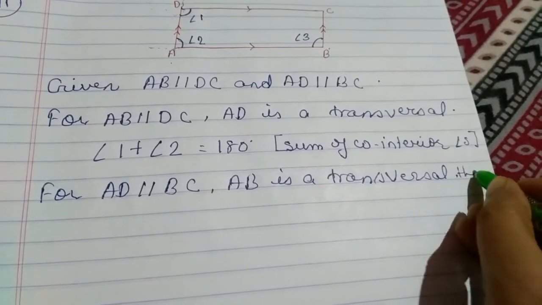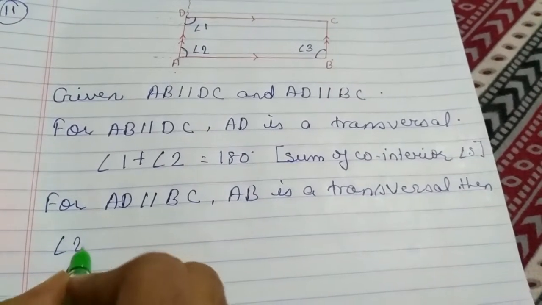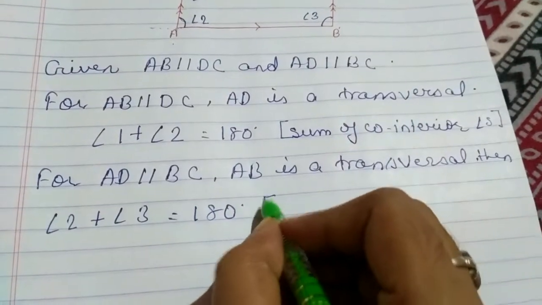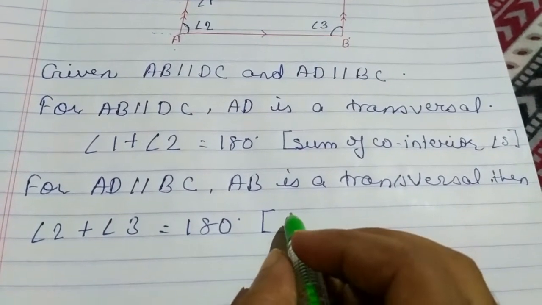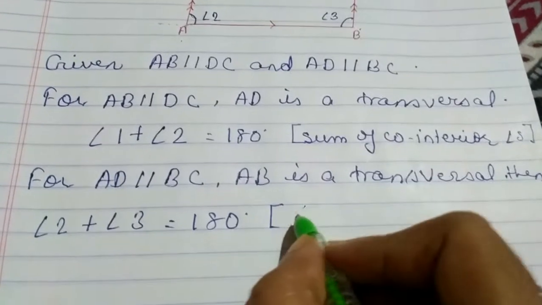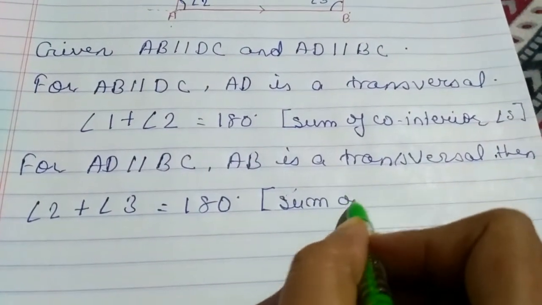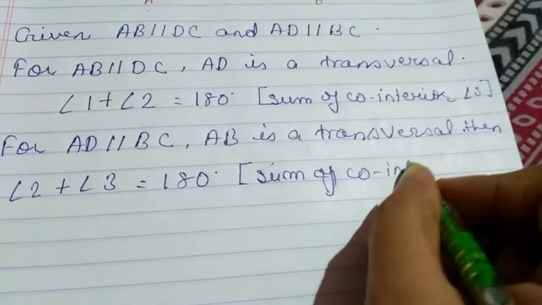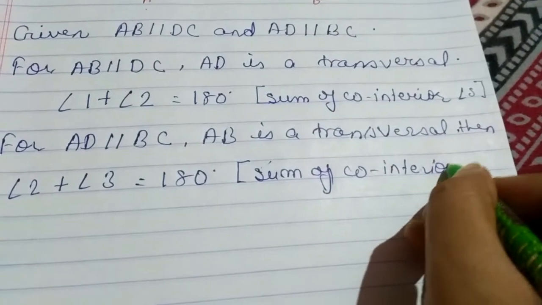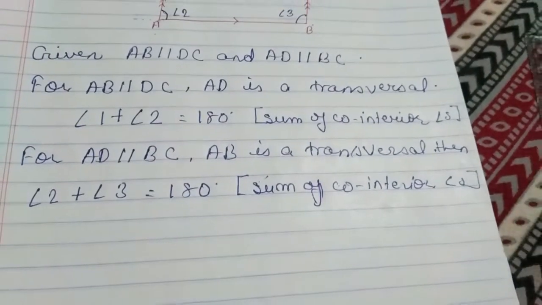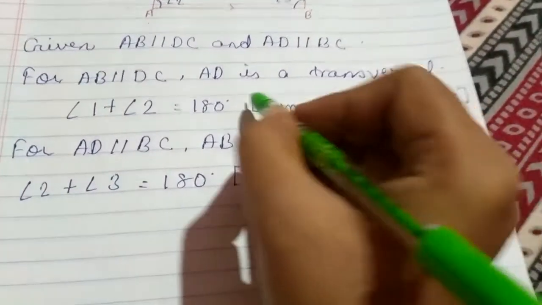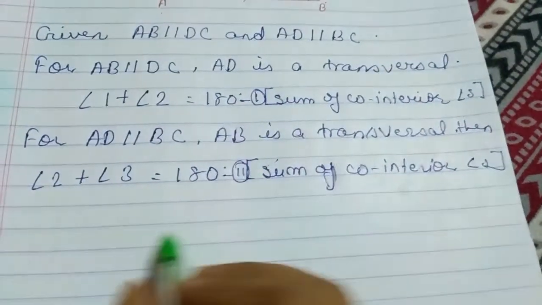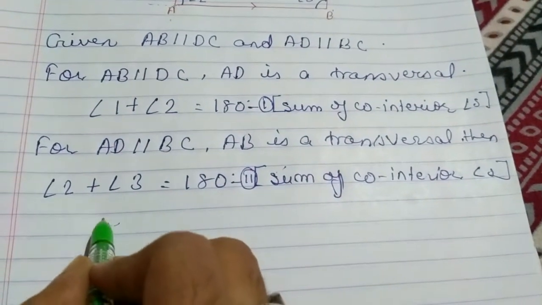Then angle 2 plus angle 3 equal to 180 degree. What? Sum of consecutive co-interior angles. Understood? Now, just suppose this is equation 1 and this is equation 2. So, from equation 1 and 2,